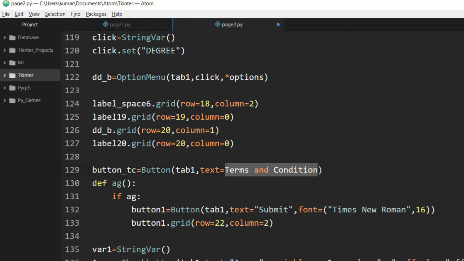I'll put this in quotes, and our regular font, Control V,